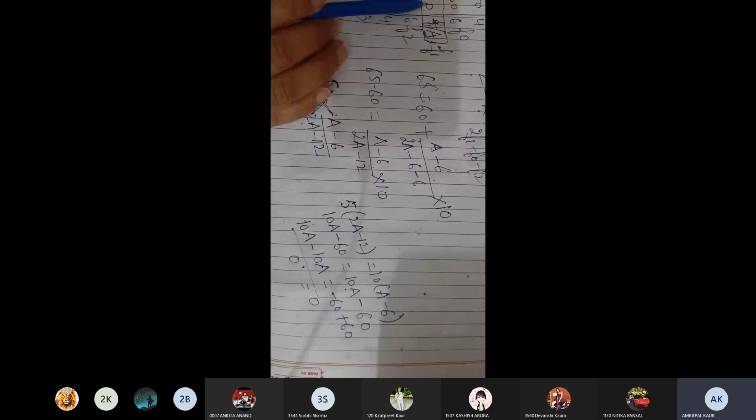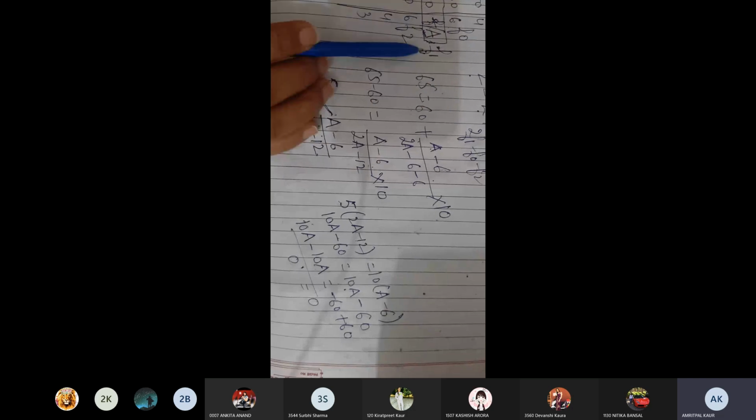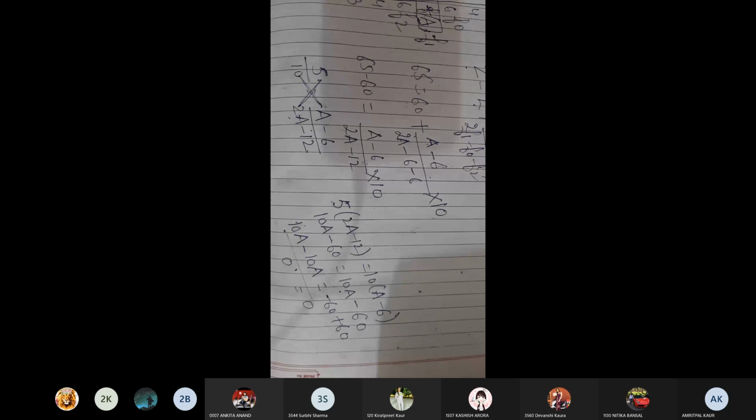So whatever the class intervals are given to you, 65 lies in 60 to 70. That is why we will name it F1. The frequency one above will be F0, and the one below F2. Fill the values in this formula and then you will get the answer for the missing frequency. Clear? Is this clear, children? Yes, ma'am.